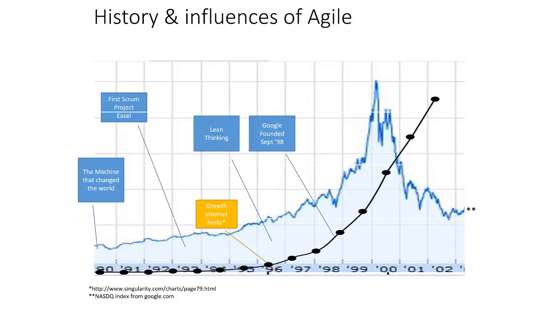People think about Scrum being something relatively new or within the past 10 years. It's really been around since the early 90s, not even the late 90s. A book called Lean Thinking was introduced in 1996. And then right there, you'll see in September 98, Google was founded. Now imagine the number of hosts that were out there when Google was founded and how that hockey stick has just gone up since then. It's remarkable how the growth that's happened.